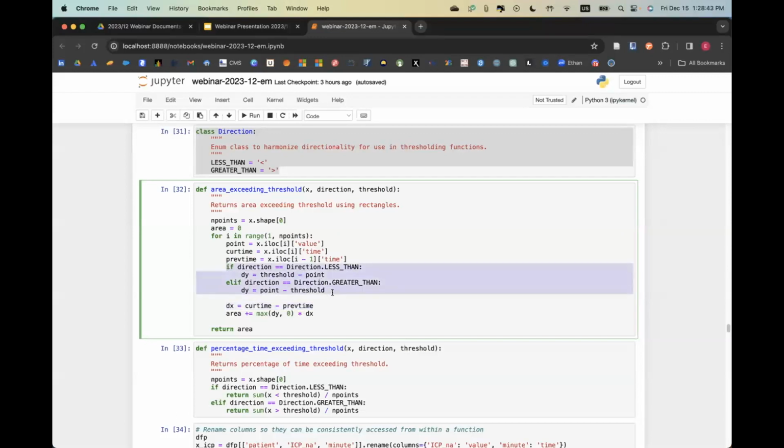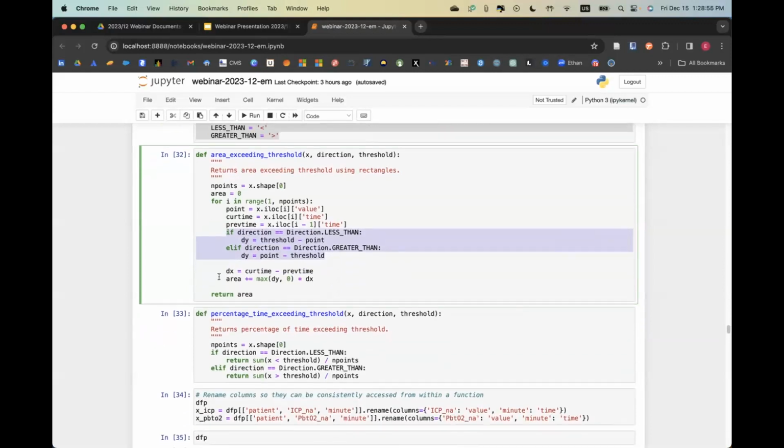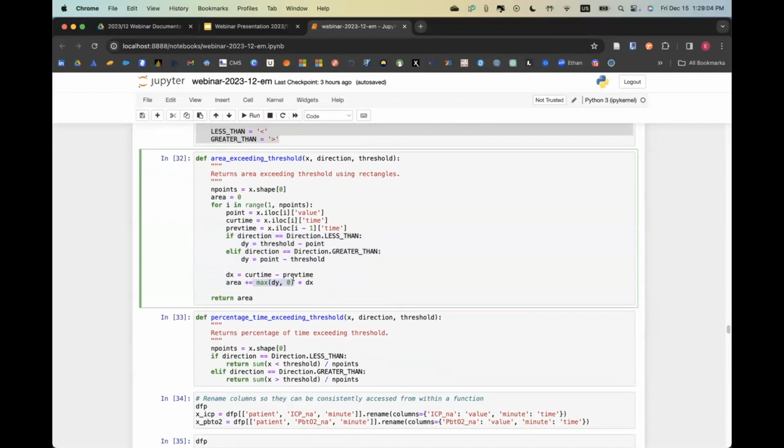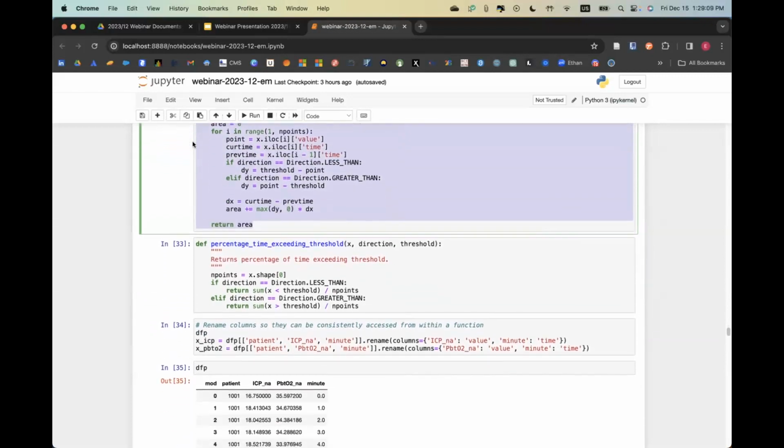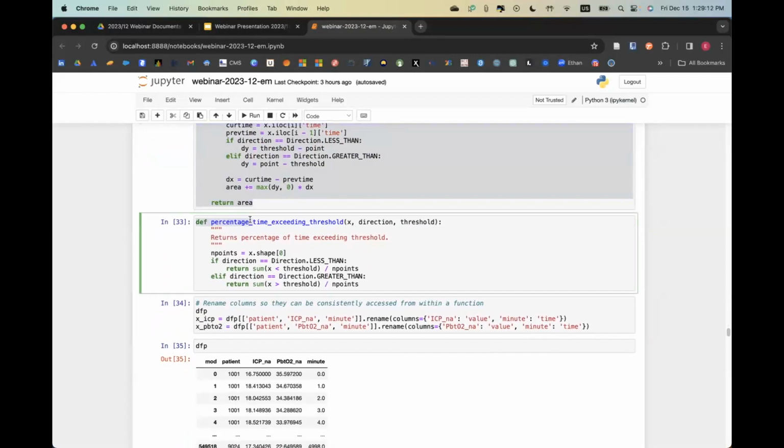Then I'm calculating the excursion over the threshold by subtracting either the threshold from the point value of ICP or the point value from the threshold, whether it's less than or greater than. And then I'm multiplying those together. If dy is negative, then I don't consider it, because that means it's not on the side of the line that I actually care about. And then this function returns the area. The next function I'm designing is the percentage of time exceeding threshold. And this is much simpler. It's just the amount of data above or below a threshold divided by the number of points.